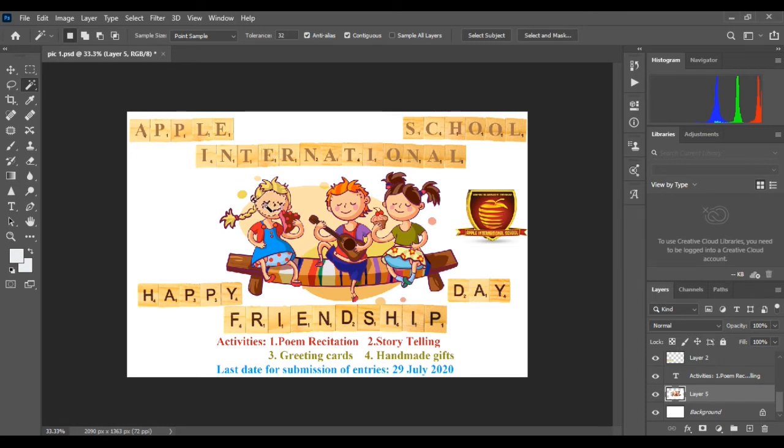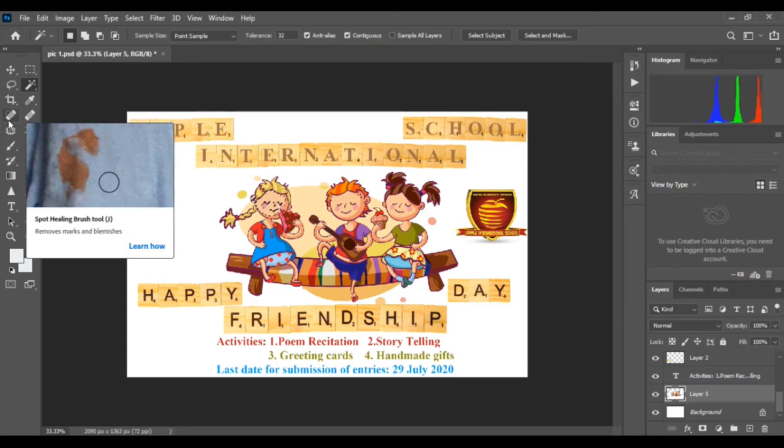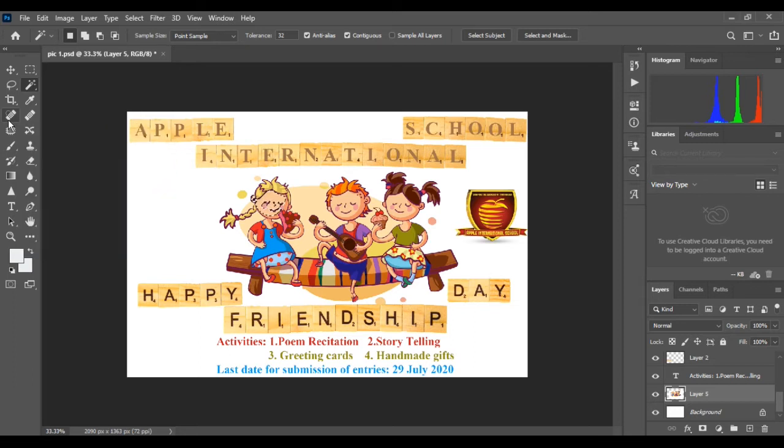Next is the crop tool. It trims the images. Slice tool. It is used for slicing the image into various sections. Then the spot healing brush tool. It quickly removes blemishes and imperfections from photographs with a uniform background. The healing brush tool paints with a sample or pattern to repair imperfections in an image.